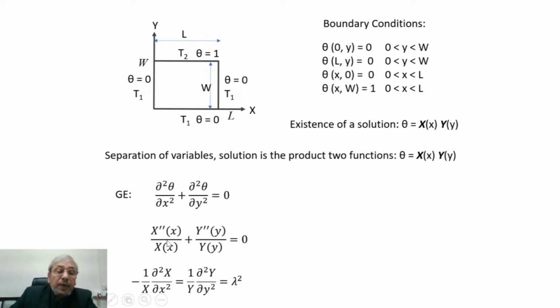Obviously from here we can write X double prime by X equal to minus Y double prime by Y, that is, 1 by X d2X dx2 equal to minus 1 by Y d2Y dy2. So we separate them out and fix a separation constant lambda square. The usual separation of variable